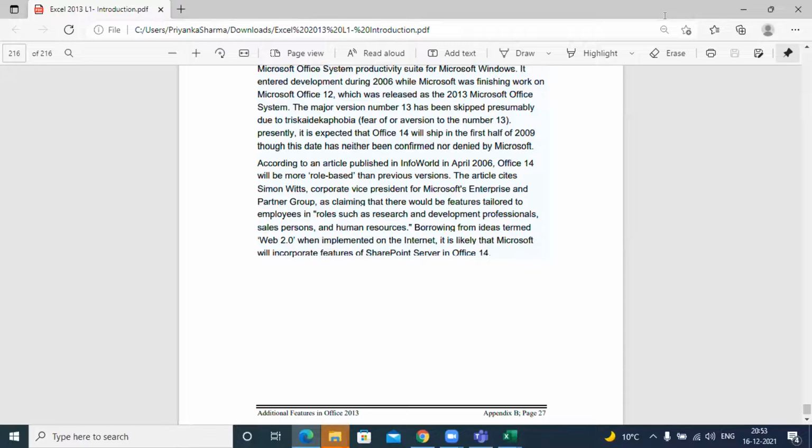Are you able to visualize it now? No, it is definitely there. Many of us can view it. Worst case, you're not able to view it, nothing to panic, nothing to worry. Team will share it with you.